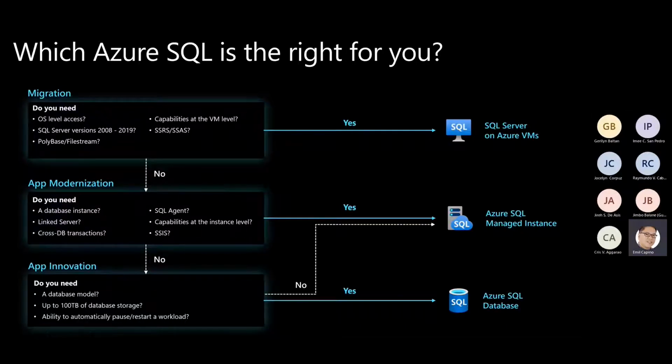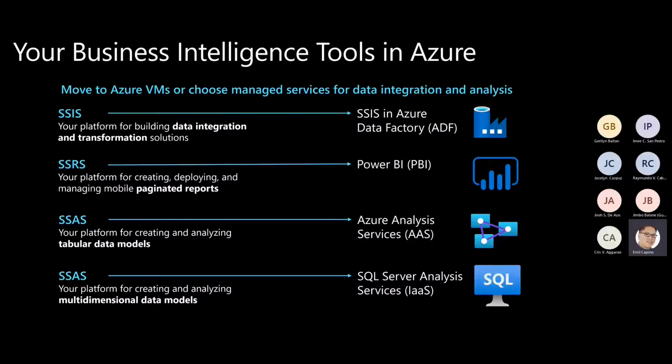Okay, so moving on, if you have a database on-premise that you're looking to migrate and you're using those databases for business intelligence and data warehousing, you can consider these options. If you want to, for example, still use SQL Server Integration Services for your ETL, data integration and transformation, the equivalent of SSIS in the cloud is Azure Data Factory. If you have existing SSIS packages on premise, you can run and execute them in Azure via Azure Data Factory. Or if you have existing Reporting Services,